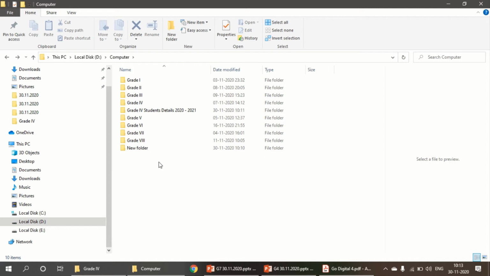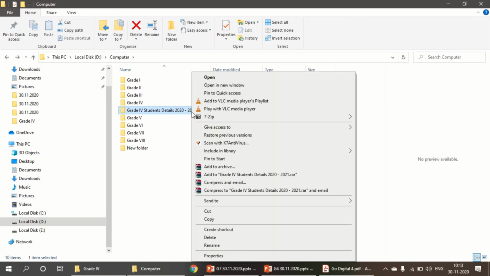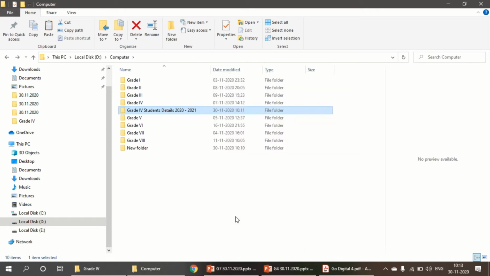So copying, as I told you before, means placing it in another location without removing it from its original location, right? Now I want to make a copy of this and paste it on the desktop. Right click and take copy. Now it's copied.